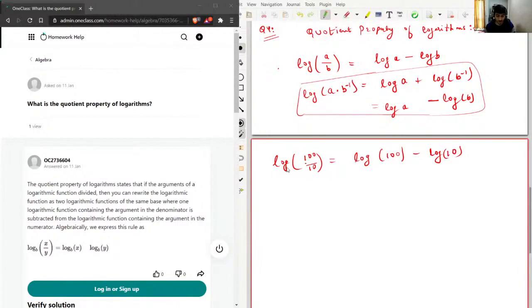Now note one thing, that I am not writing the base of the log here, because I am taking the base of the log as 10. If it is natural log, then I'll be writing ln, or if it has any other base compared to 10, then I would be writing that number itself. But here the base of log is 10, and I think log of 100 is 2, and log of 10, I'll just use my calculator. So log of 100 was 2, yep, and log of 10 is 1 on itself, yep.